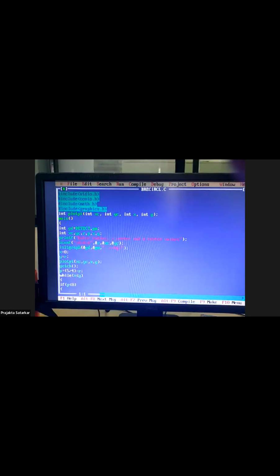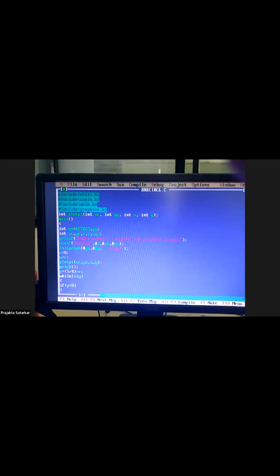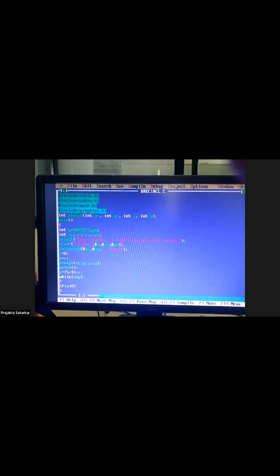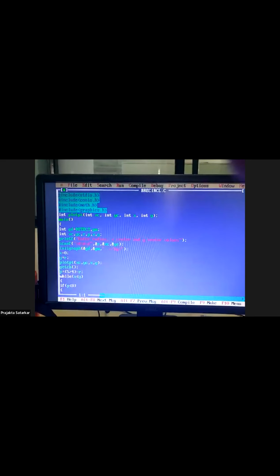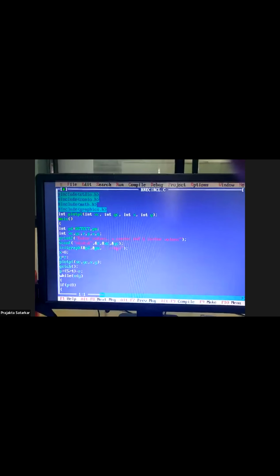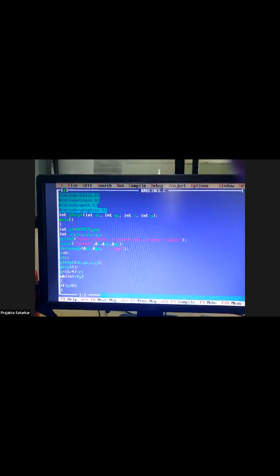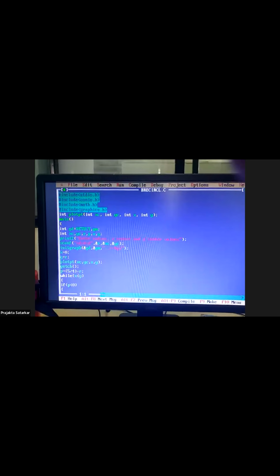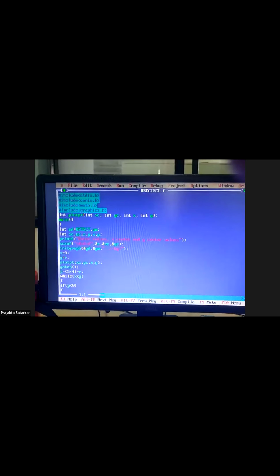So XC and YC are the center of the circle, but not the origin. And X and Y are the algorithm values, where X is 0 and Y equals R with respect to the origin. So here we get XC, YC, which are the actual circle coordinates, and X, Y with respect to the origin as the center of the circle.